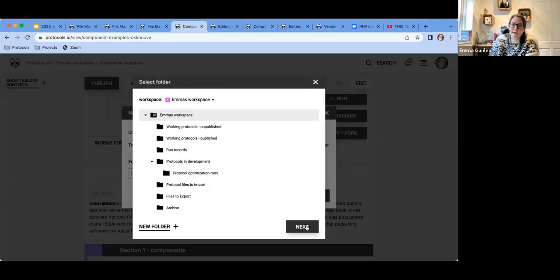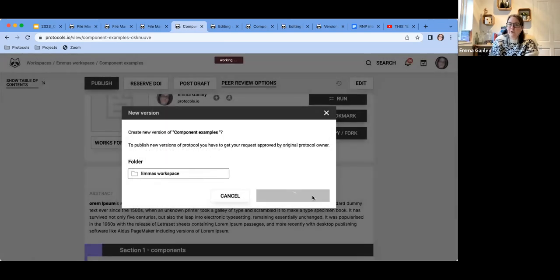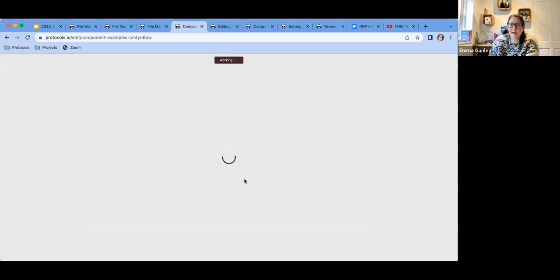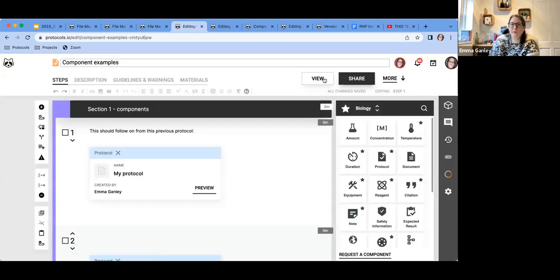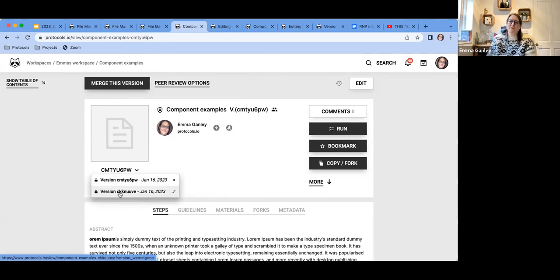So we'll just pop that in my workspace as well. And that will go in there for me to start working on. And it will be linked with the first version. They still have their slightly weird alphanumerics, but you can see that you would always be able to tell if you've done these on different dates, which one was the new one and which one was the older one, and so on. But if they were published, it would be much clearer because they would be versions 1, versions 2,